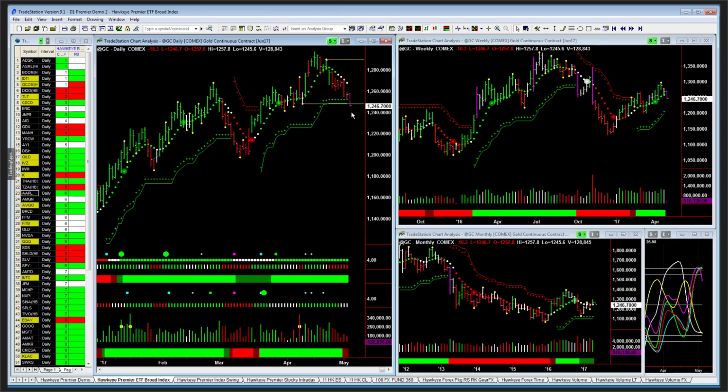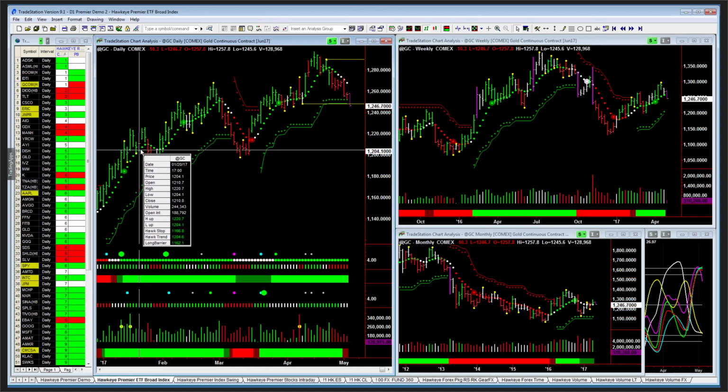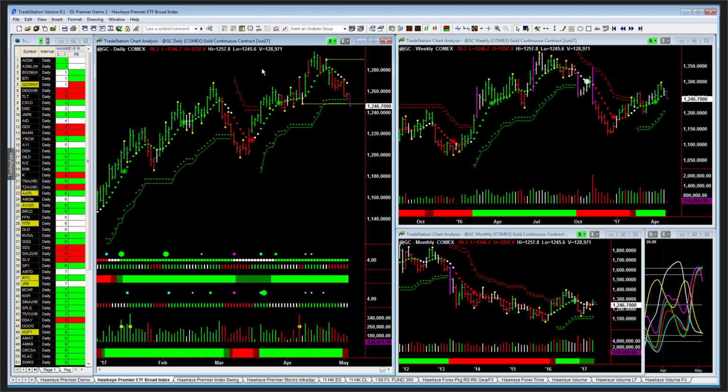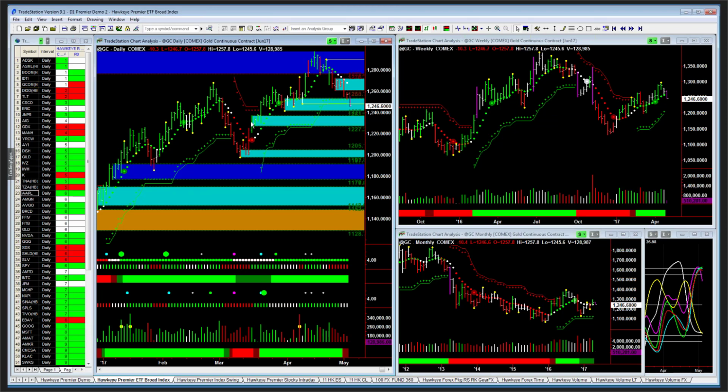So we can see that lower support is right here. The next region of support will then be right about there and then right about here. And we can confirm that by putting our zones on the chart, and you can see those exact same regions of support. So prices coming into this range, we've got to see that hold. If not, then we would be looking at those as our eventual targets.